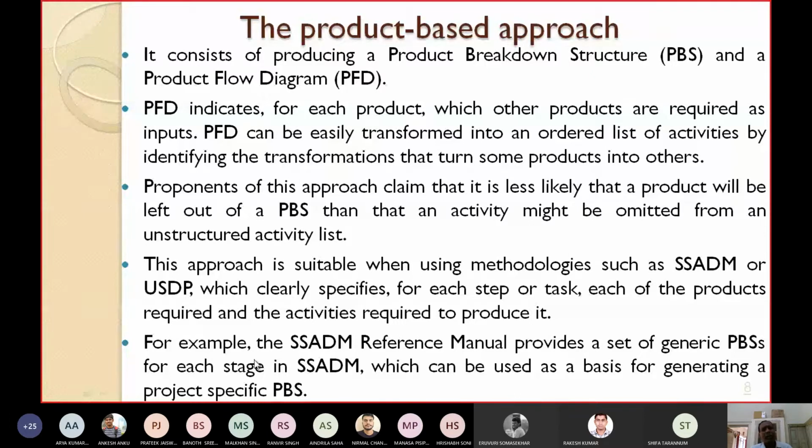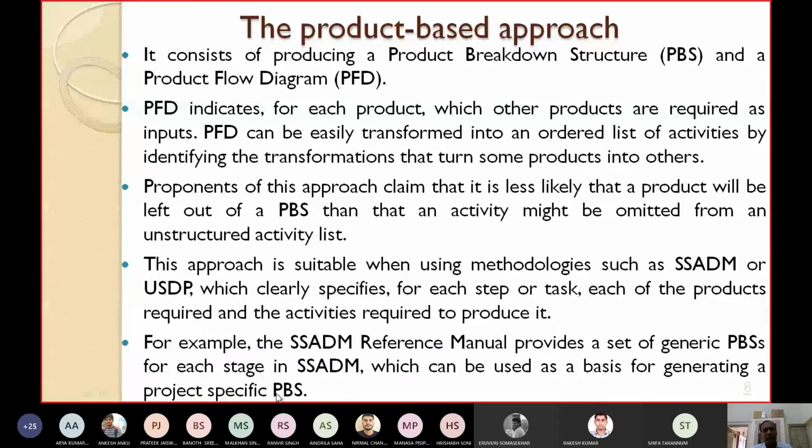For example, if you are using the SSADM manual, the PBS is already built in. The SSADM reference manual provides a set of generic product breakdown structures for each stage in the SSADM, which can be used as a basis for generating a project-specific PBS.